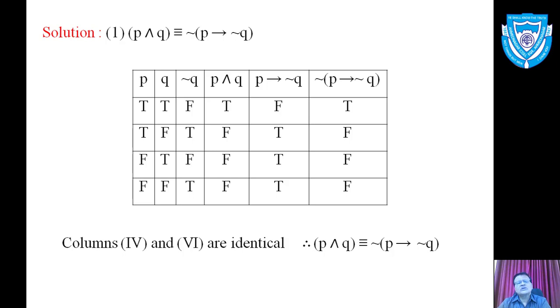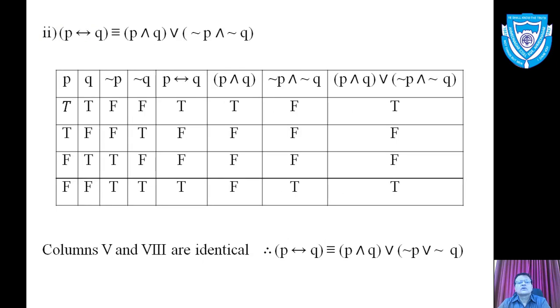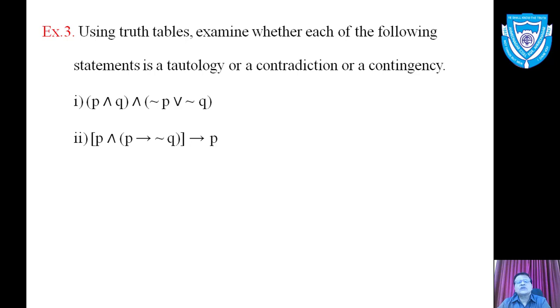Now if you want to really learn this, you should take a notebook and try to prepare the table and fill up the cells yourself, and after preparing your table you compare your answer with the answer given here. The same table you can find in the textbook also. So these are the truth tables for the given statements, and we have proved equivalence by showing that their columns are identical.